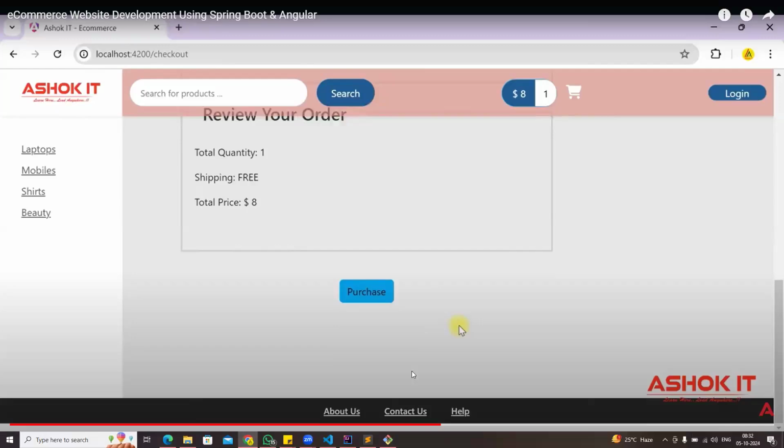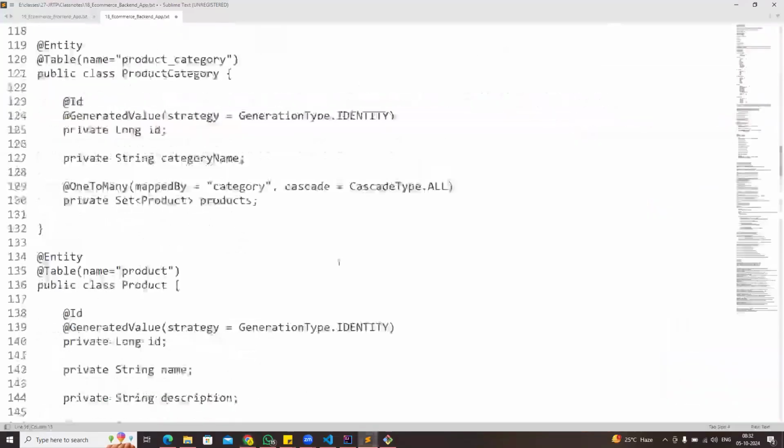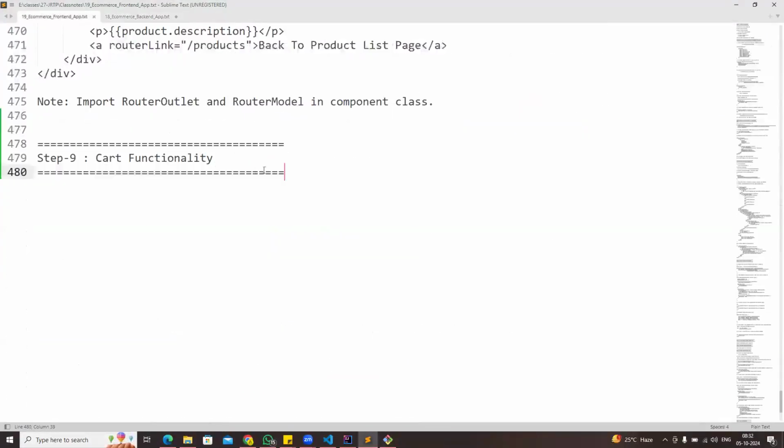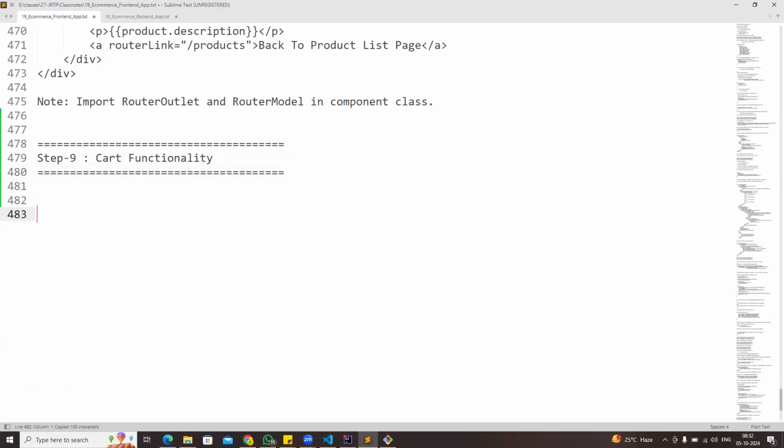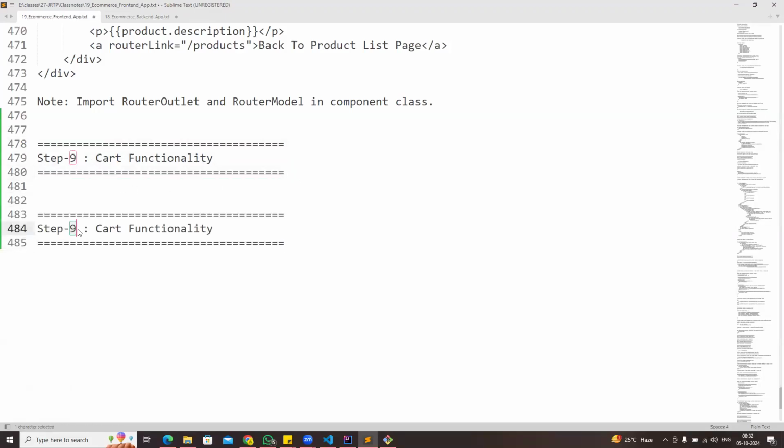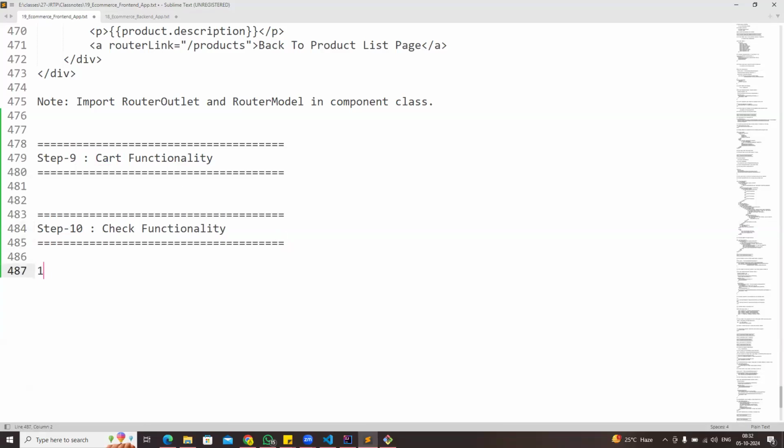So I'm going to give the overview, what tasks that we need to implement now. Cart functionality is done. Now we are going for checkout functionality in the project. Checkout functionality. So when we click checkout, first thing, when we click checkout button,